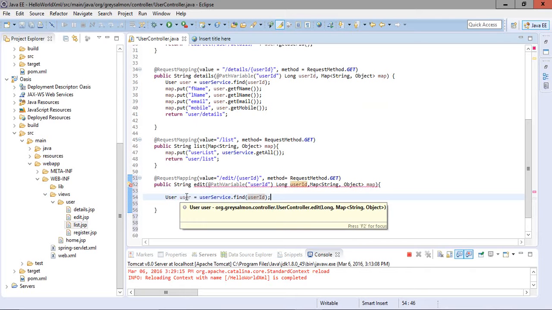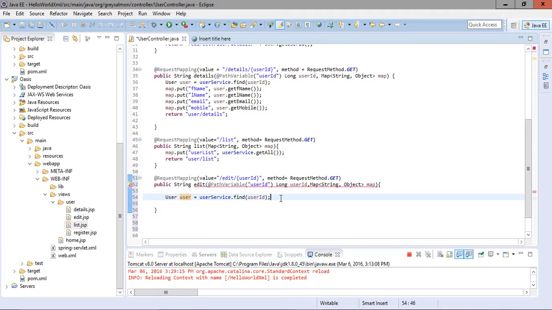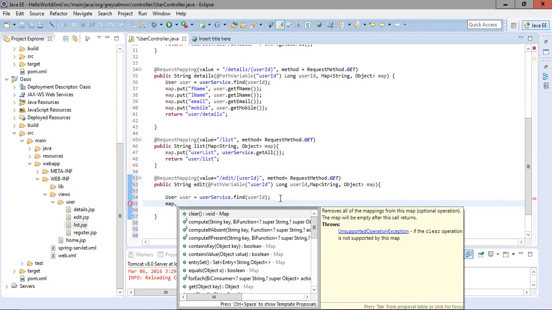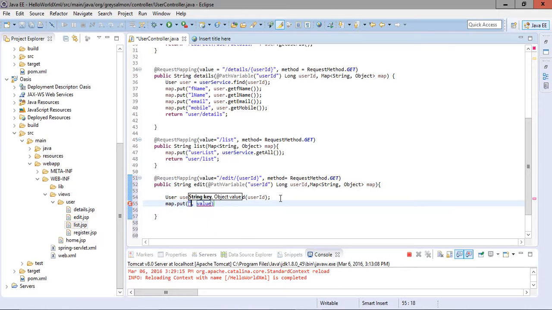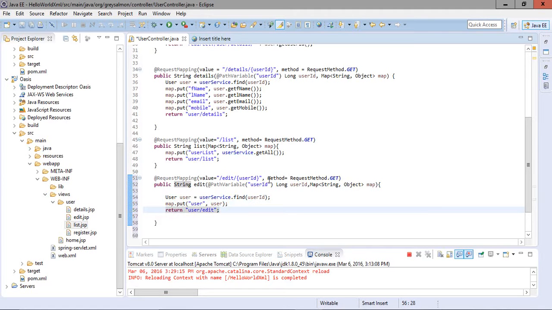Now we will return this object to the user for editing, so that the user can edit this object, that is user. Now we put this user object under the key user. Now we return the view to the user, and the logical name of the view will be user edit. For that we have to create one JSP page,